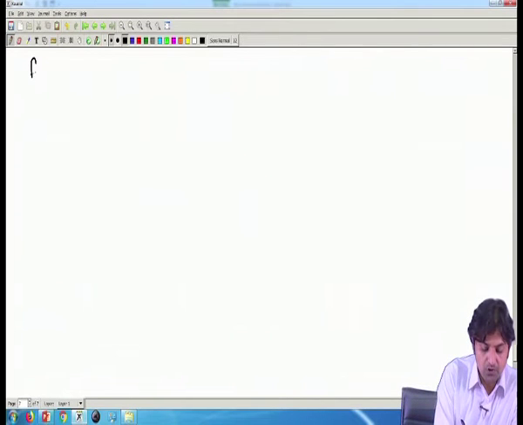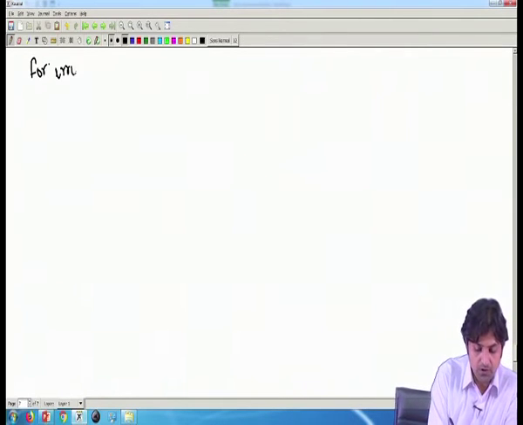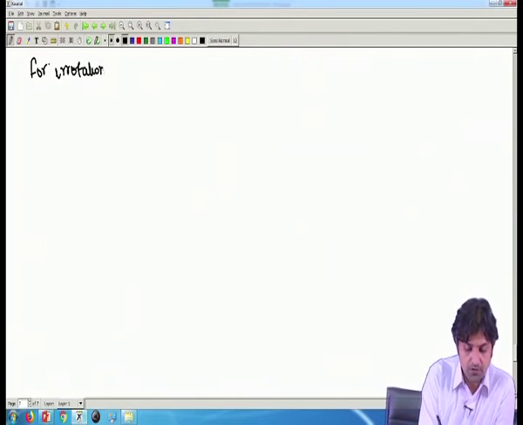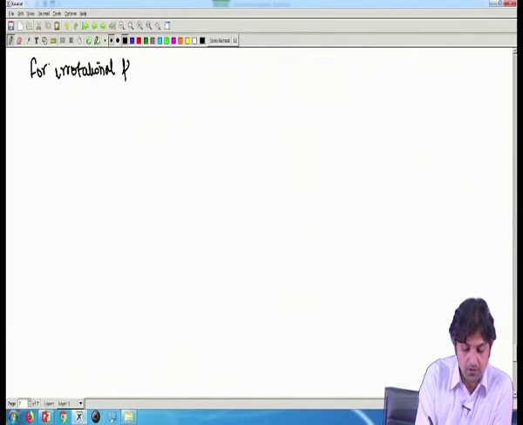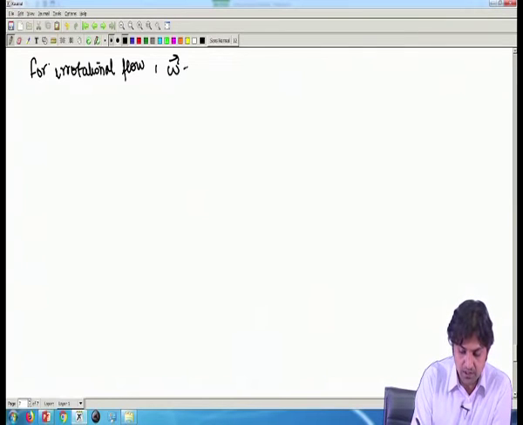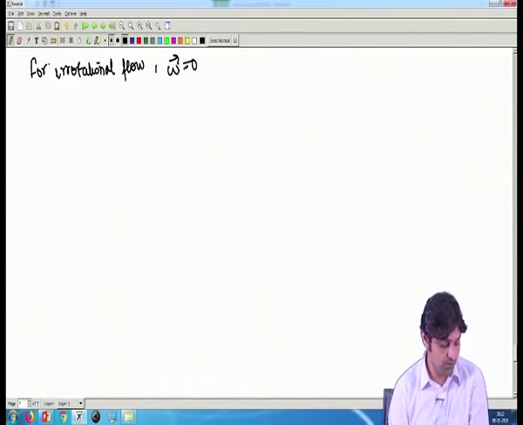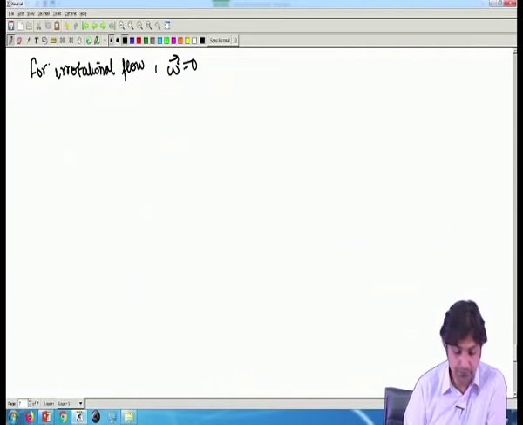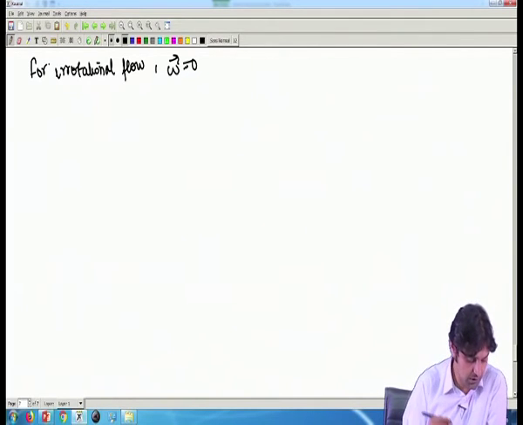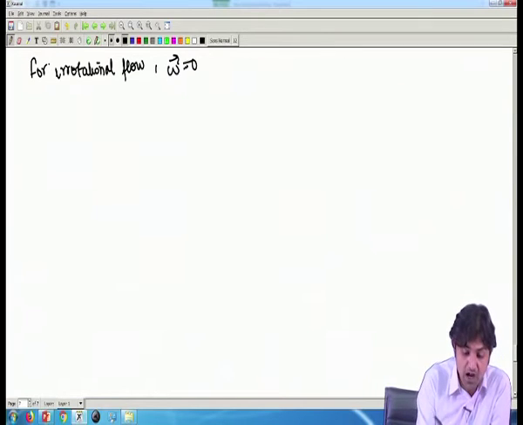So, you know already for irrotational flow omega is actually 0, all right, because the vorticity vector should be 0. Now,